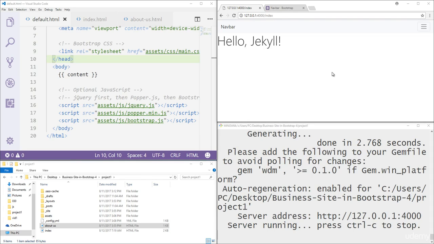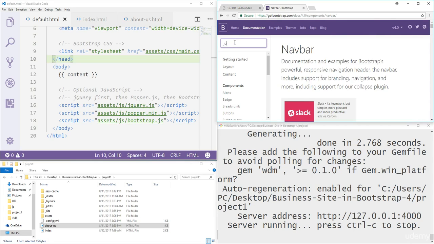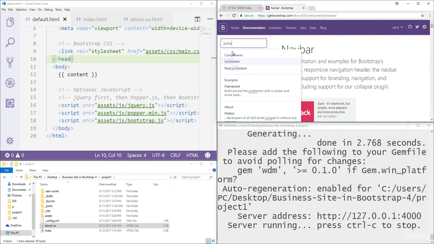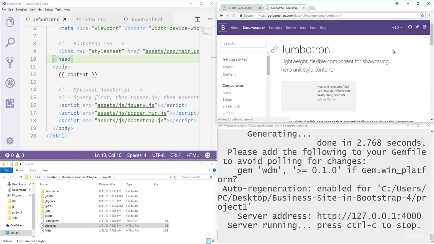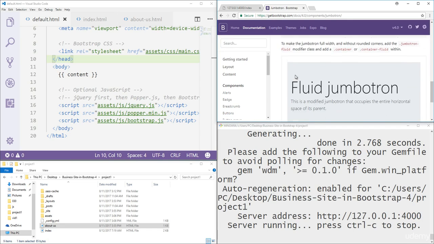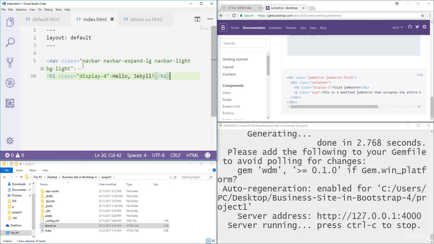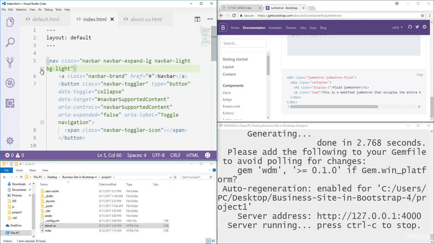In this video, I'll add the Jumbotron to our page. So back in the docs, I'll say Jumbo and I get the results. So I'll just copy the code for the fluid Jumbotron, which means it will span the entire screen. So I've copied the code, and back in the index page, I'm going to paste it in